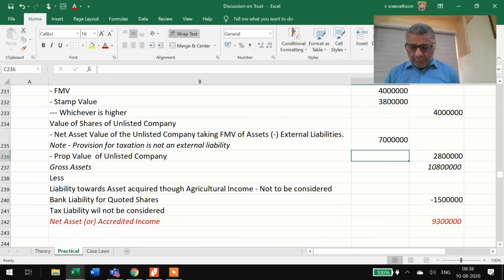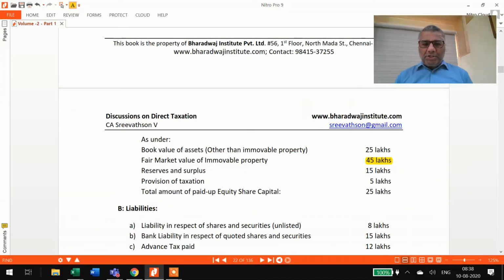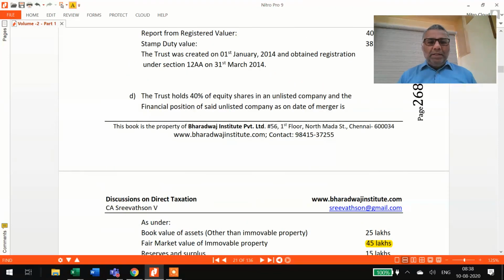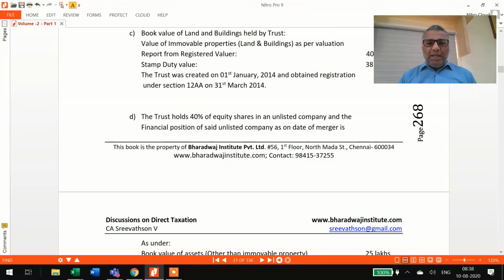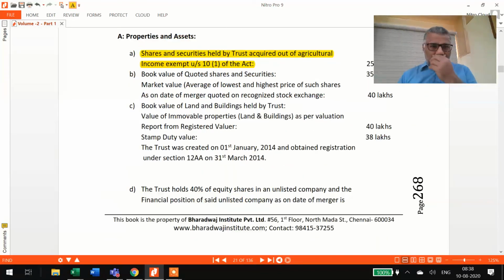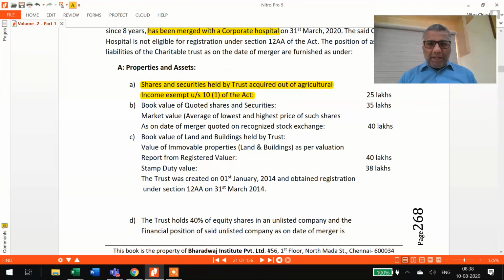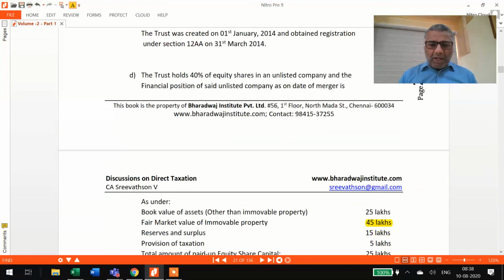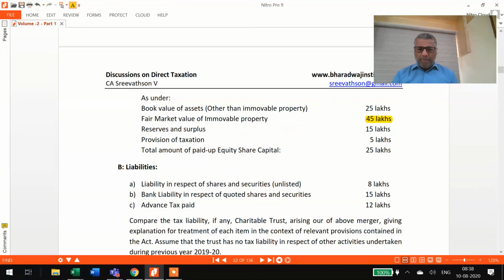Sir, another doubt, sir. Liability of assets like securities, you have given us agreed income. They have given us unlisted shares. Can I assume that this pertains to this? You can assume it is for this equity unlisted shares. Here the wordings match. That's why I have taken it so. But you can have the alternative assumption. Okay, sir. Thank you, sir.